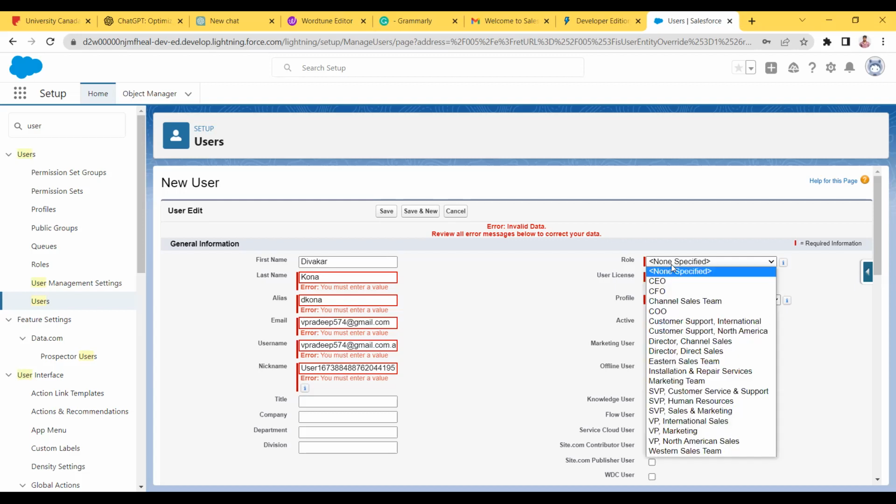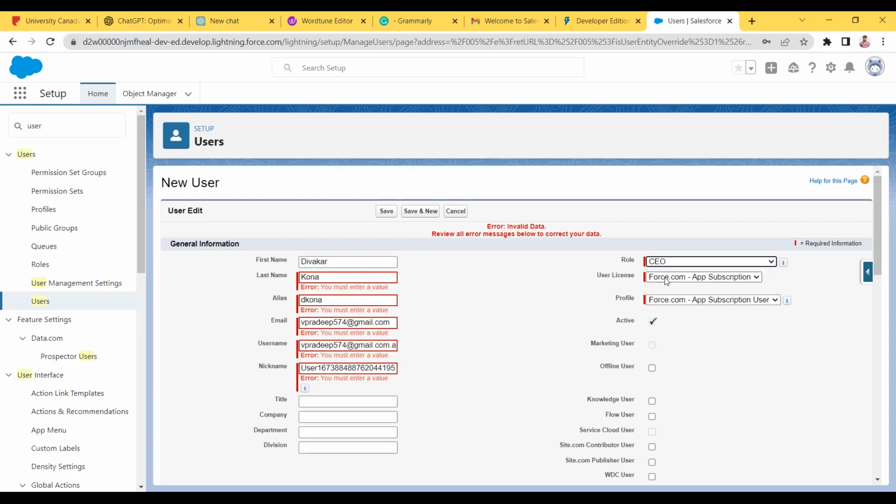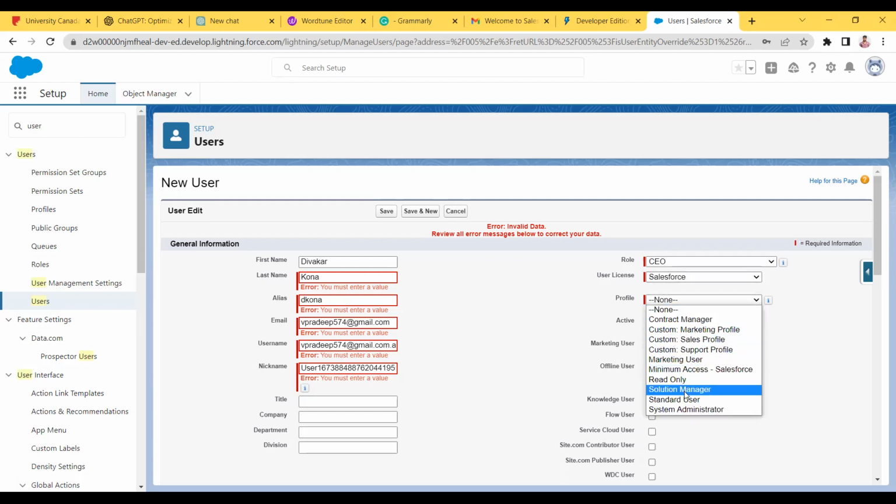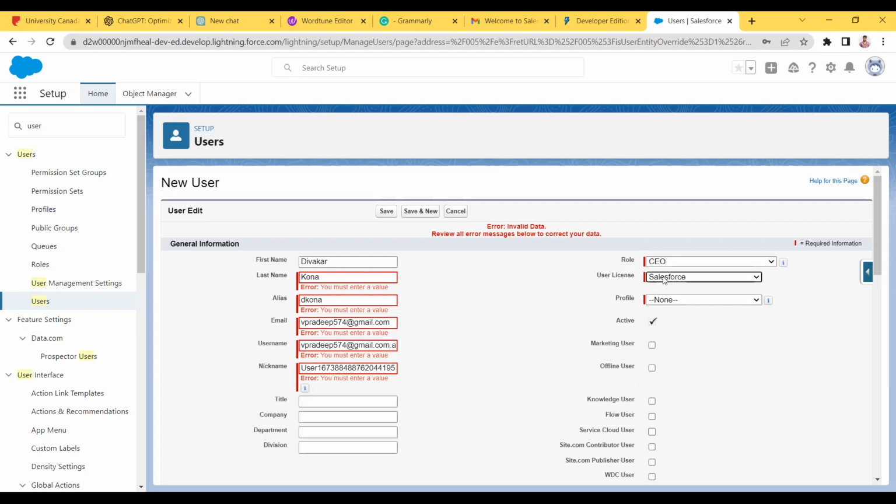Now, role is the same, like what role you have in the organization. So let's suppose it's CEO, you can give anything. When it comes to the profile, this chapter we will probably learn tomorrow because the meeting is going to end in some time. But license and profile are important. The main license is the Salesforce license, which we will learn tomorrow. These are given by Salesforce. This license has a profile, System Admin. If you want to give the System Admin profile, which is the super user profile, the user has to select the license as Salesforce.